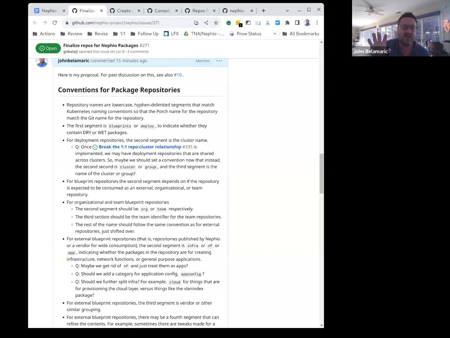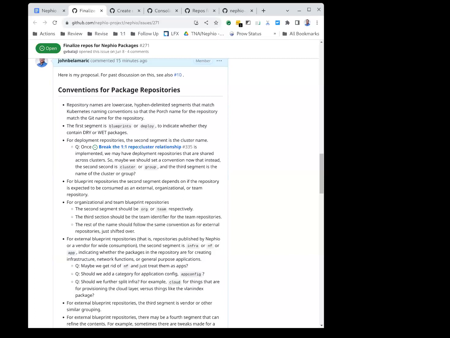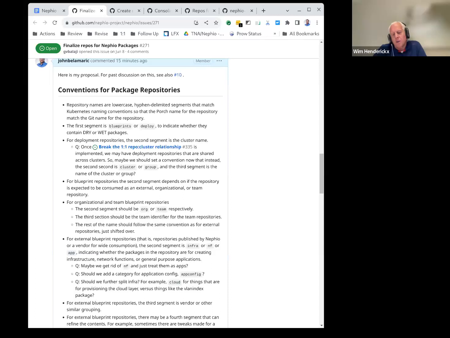Any preference in this group on catalog versus blueprints? I vote for catalog just because blueprints is a word that has very specific meanings in cloud for some products. But are you proposing, John, that we put one repo where there are multiple packages included?